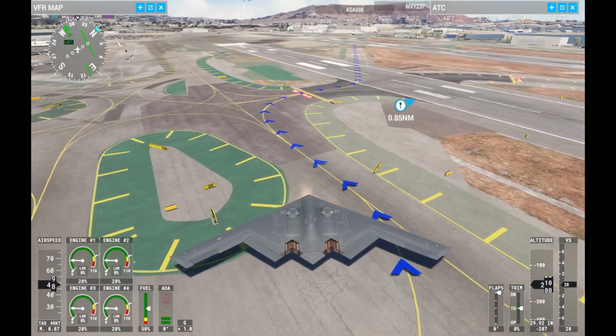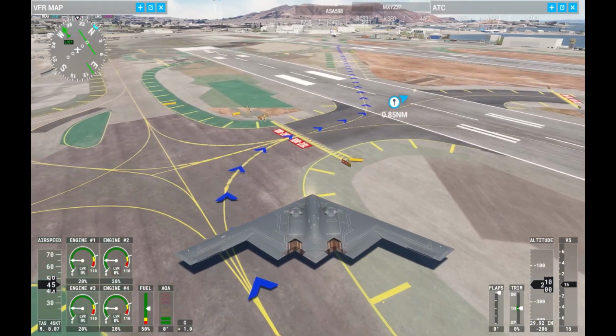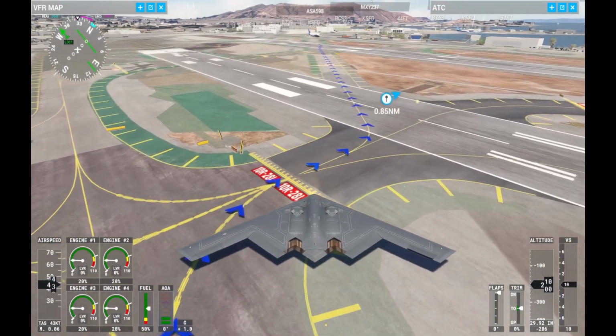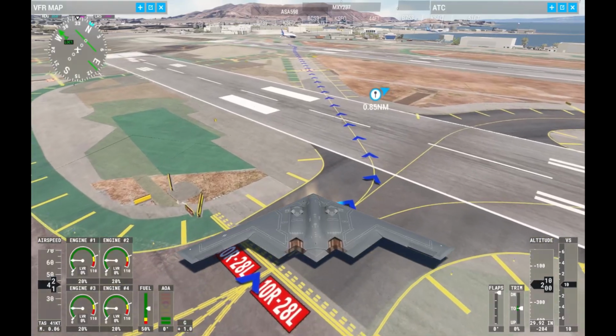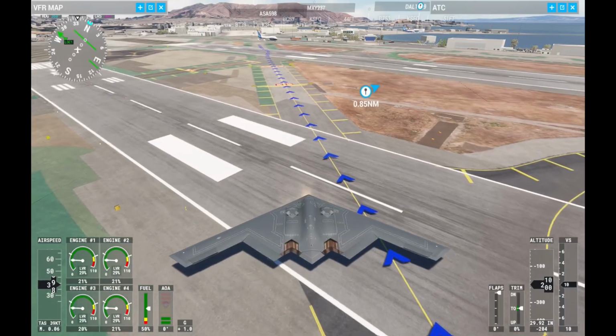Pre-Motion 7007 Heavy, hold position, caution, the Boeing B748 on final. Hold position, Pre-Motion 7007 Heavy. San Francisco Ground, American